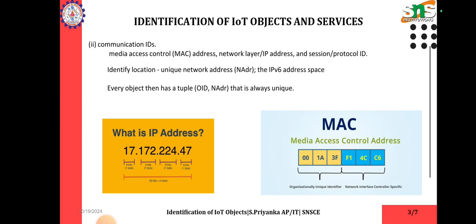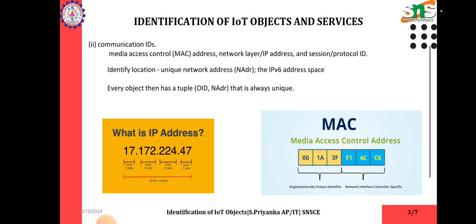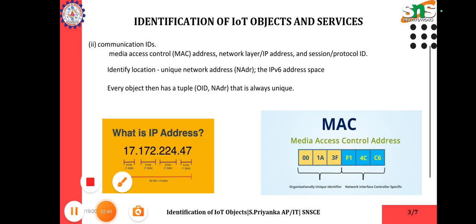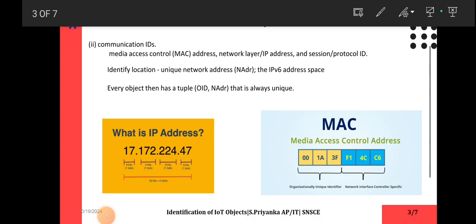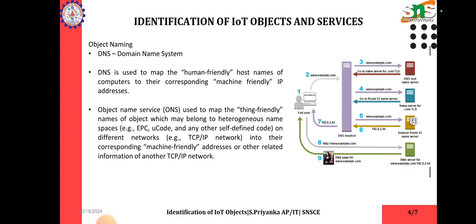Now, let's see the MAC address. Your MAC address will be in this form, that is media access control address, 001A 3F F1 4C C6. Next is object naming, that is DNS, domain name system. Domain name system is used to map the human-friendly host name of computers to their corresponding addresses. The object name service, that is ONS, is used to map the